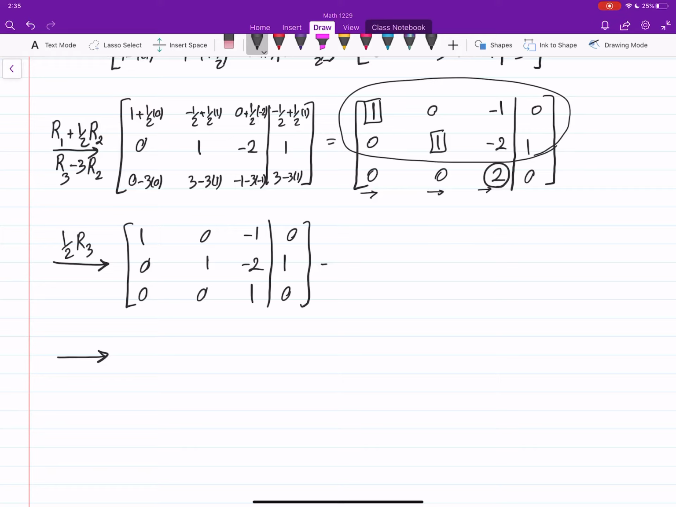Reduce the column using the 1. So we have to use this guy to make this and this entry equal to 0. How do we do that? Well, for example, this one, negative of that is 1, multiply to row with the leading 1 and add it